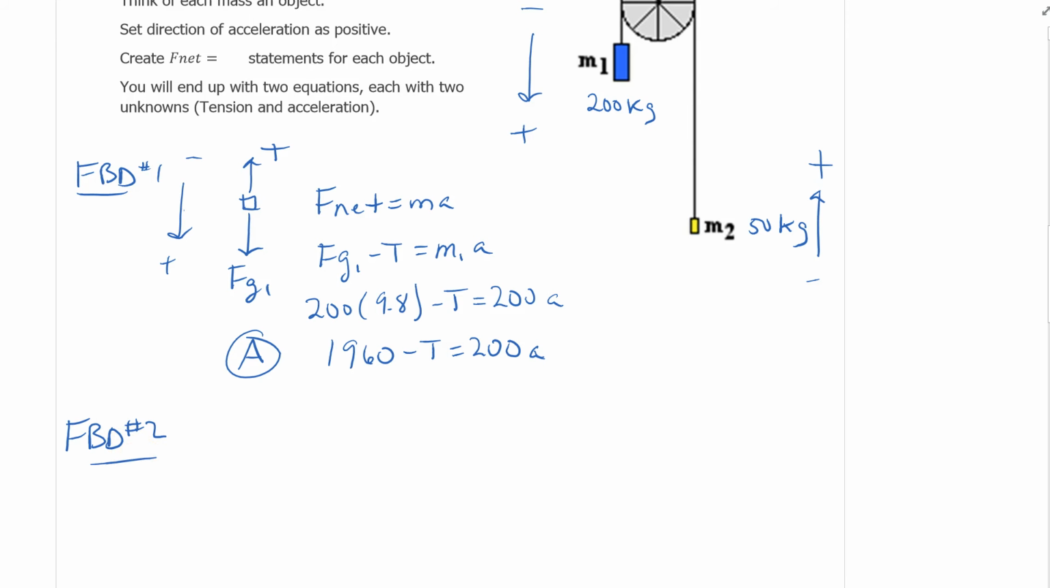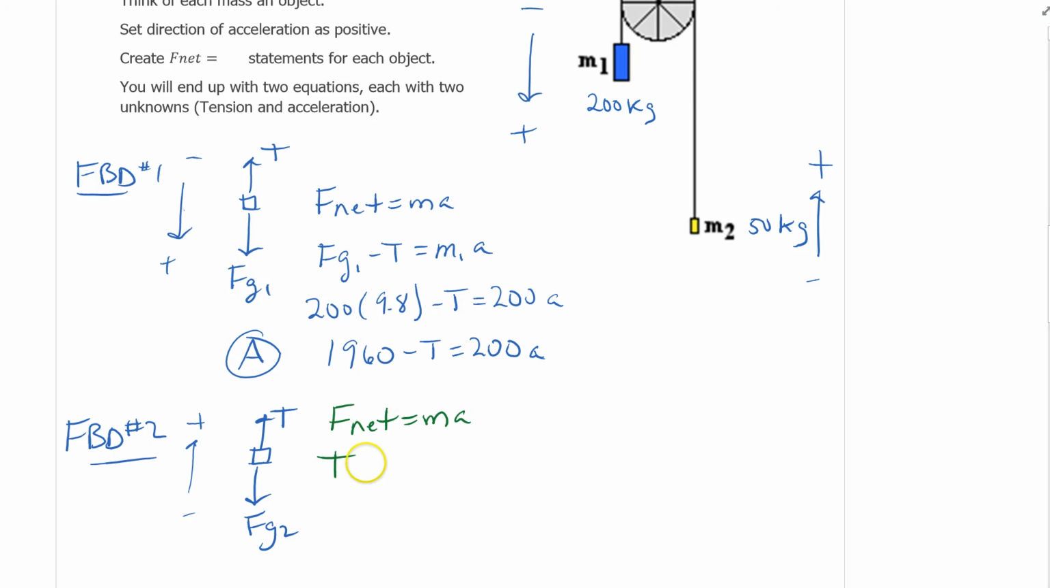And similar to before, I'm going to draw this. I'll say, okay, we've got an Fg2 downwards and a tension force upwards. In this one, however, up is positive, down is negative. So when I draw, maybe I'll switch to green here. When I draw F net equals ma,